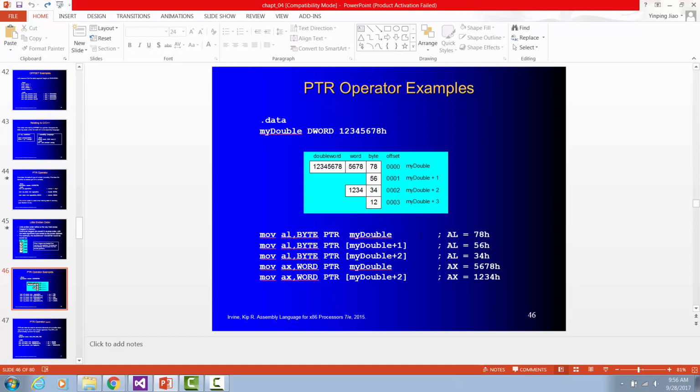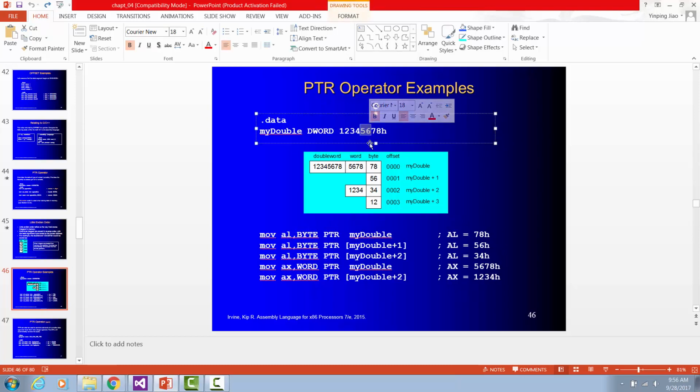So after this statement, you're going to see AL equals 78H. If you want to copy the second byte, that means 56 in this number, out to a register, you can say my double plus 1. This is the second byte's address. You put a bracket around it. You have to use byte PTR. That means override the default 4 bytes. That means you just need part of this